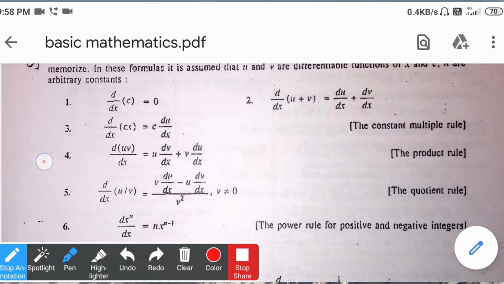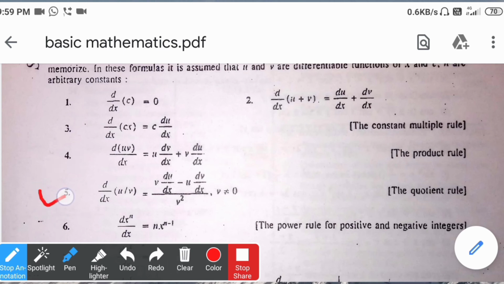So this formula is quite familiar to you, and we will be mostly using these types of formulas because the wave functions will consist of two functions, or we have seen that exponential and trigonometric functions can be used for the various mathematical representations of our wave functions. So in order to solve those wave functions, we have to use this chain rule or product rule of differentiation. This is sometimes called a chain rule.